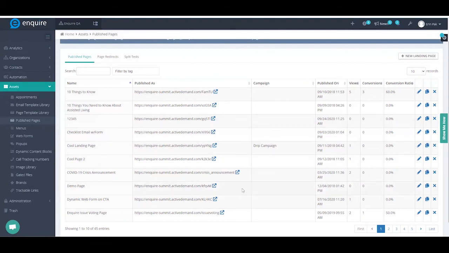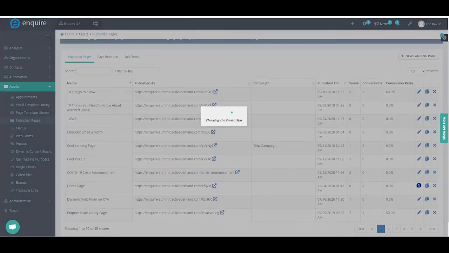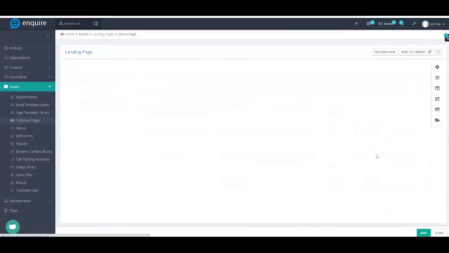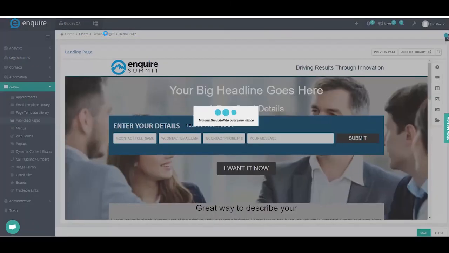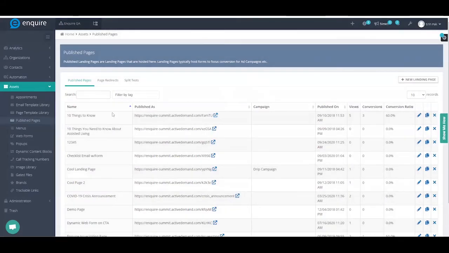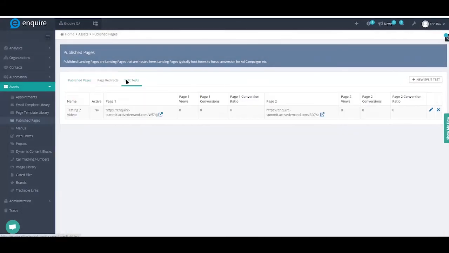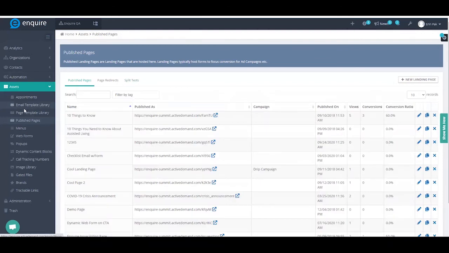Okay, so another way that we can use this segmented contact list is I'm going to go into one of my published pages, and I want to make sure that in my published page,